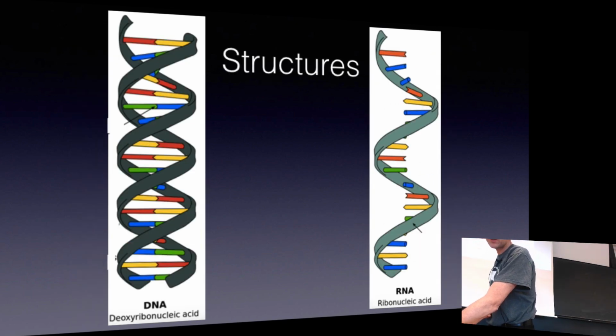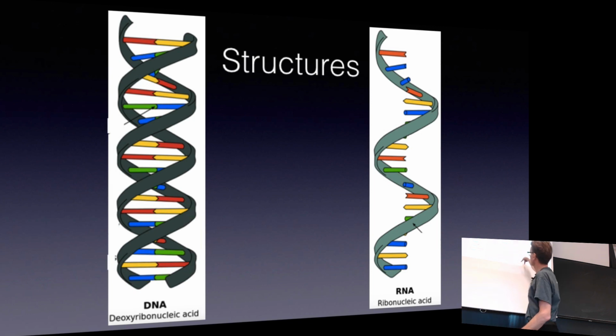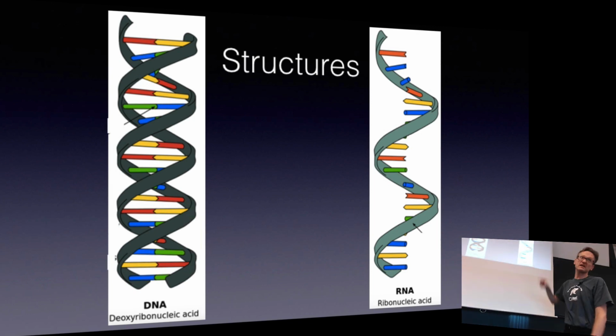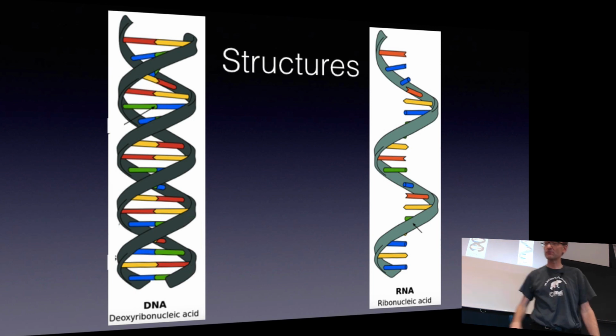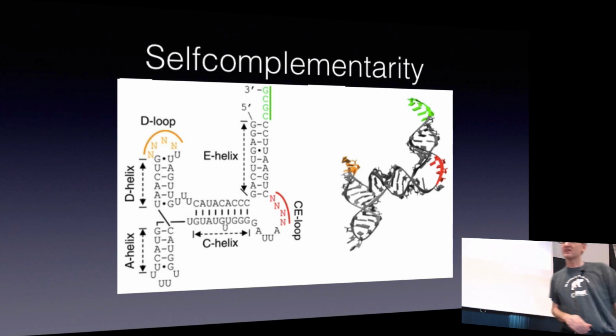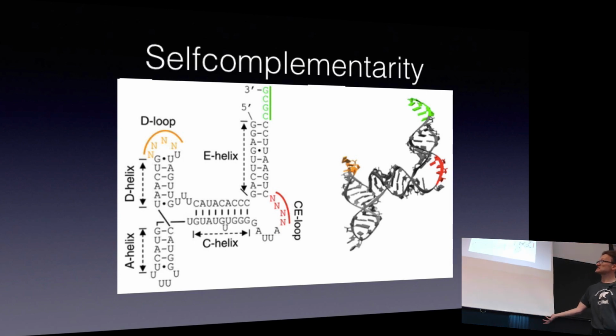I think we covered the structures already. You've seen the DNA. The RNA, we could plot it that way. Do you think that molecule would be stable? It would never look that way. So what RNA will do is coil up. It's self-complementary, so this single chain will coil up into some sort of complex structures. And these are much floppier than DNA, and they exist in many more conformations.